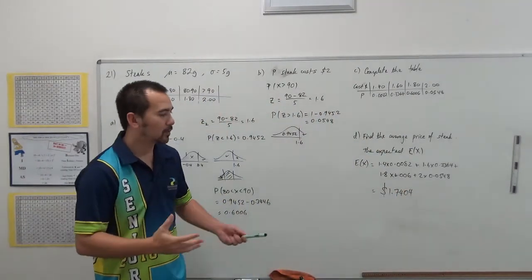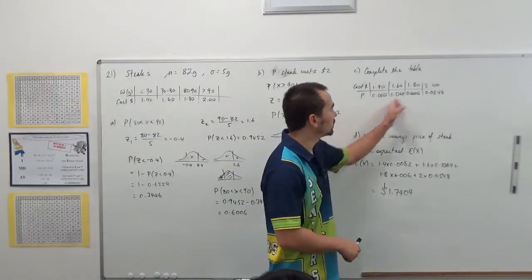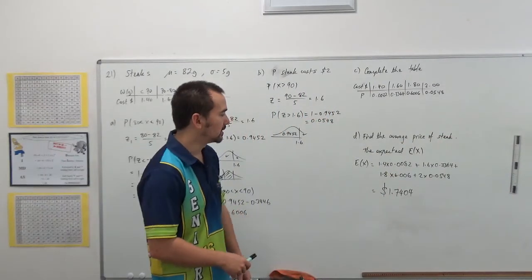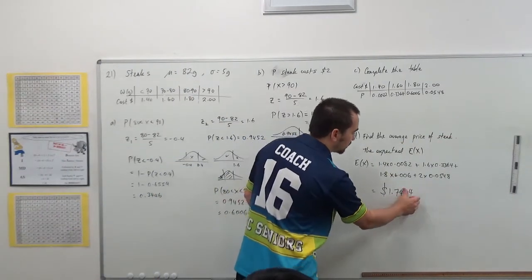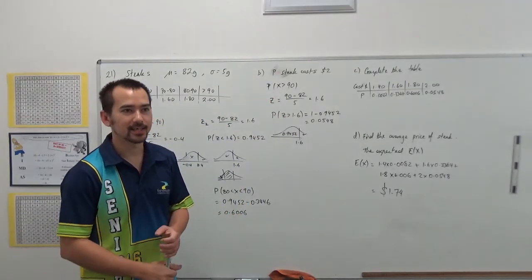And it gives you a decimal 1.7404. So it's basically the average of all those prices at all those probabilities, and the average price is $1.74. Okay, so that's the expected